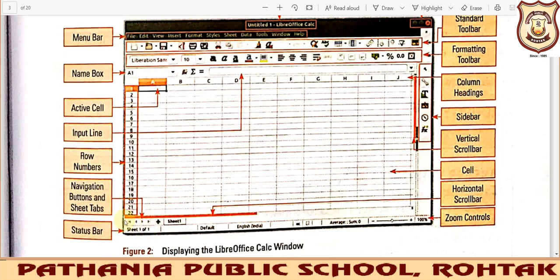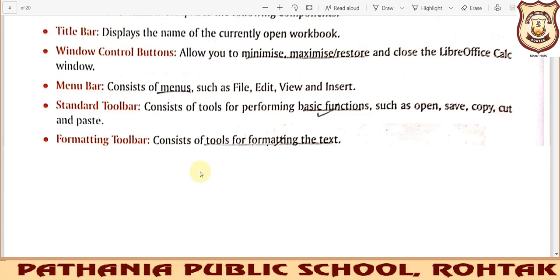And these are your navigation buttons and sheet tabs. Navigation buttons help you to move forward or backward. I'll show you the actual screen of that application window after the explanation of this particular topic.